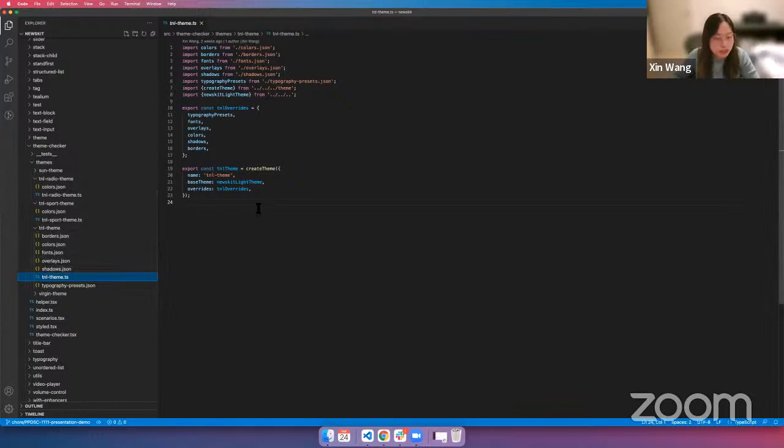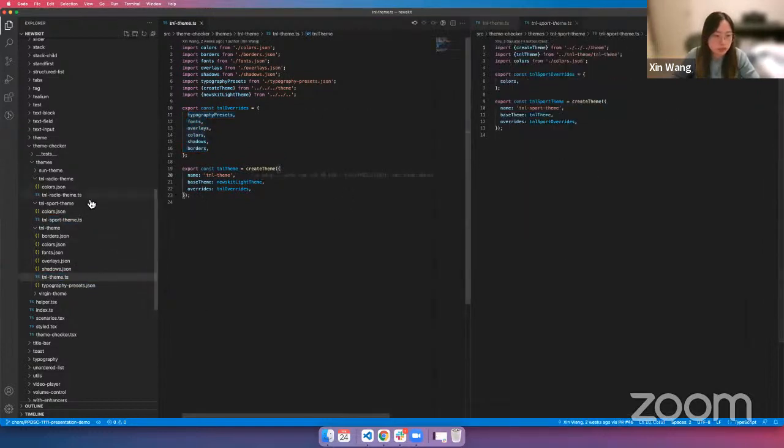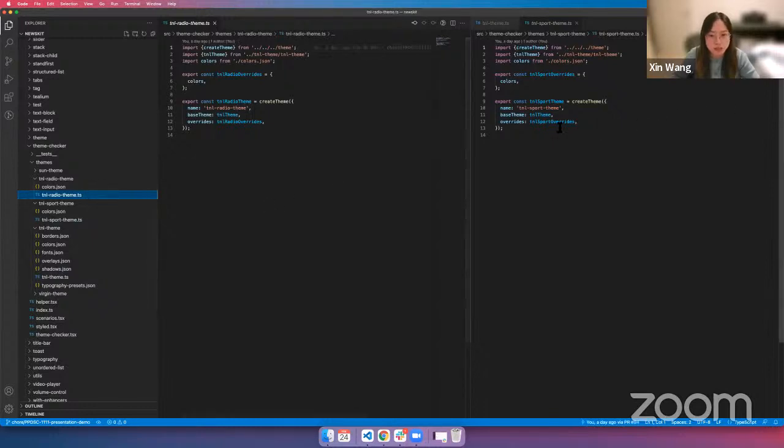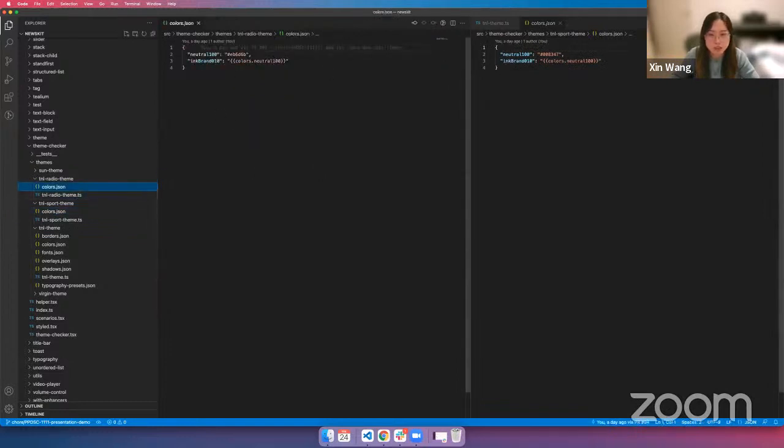All I have to do is to create this new theme. And you can see that I have the base theme here is NewsKit Lite theme, and I'm passing some overrides, and those are other files we have here to change the typography of fonts. And now I just want to show you the spot and the radio theme. As I mentioned earlier, we are using the time theme as the base, and I don't want to change anything else. I just want to change the color. And if we have a look at the color, within the color, I'm not changing anything, but only this token value now is using a different hex value.